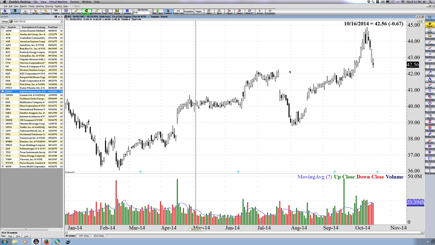What you're seeing on the screen here, I'm using Trade Navigator, by the way. You don't have to use Trade Navigator. You can use whichever charting software you want. It just so happens that I've been using Trade Navigator for a long time. And since I've been using it for actually over 10 years now, I'm very comfortable with it. And so this is the charting software that I use.